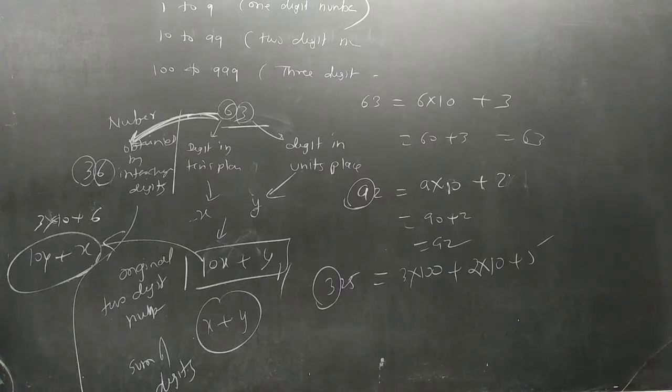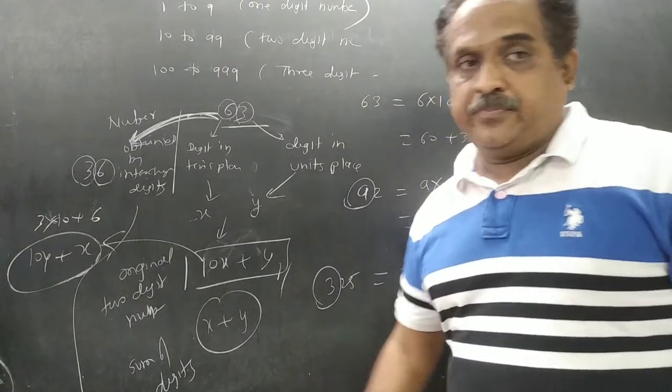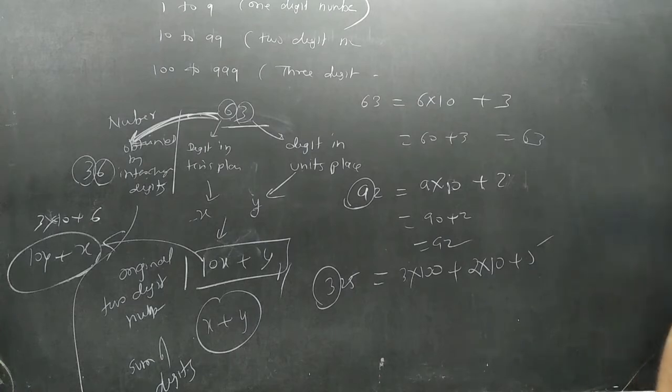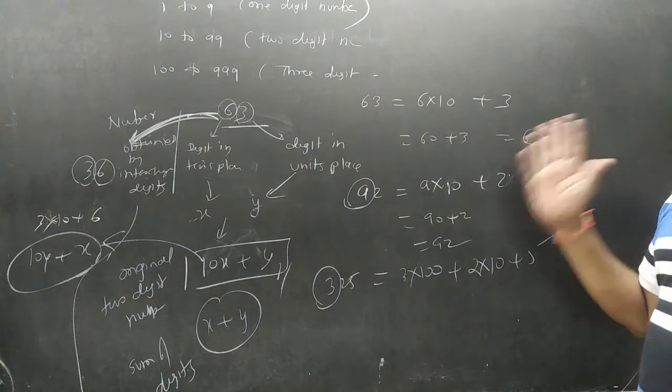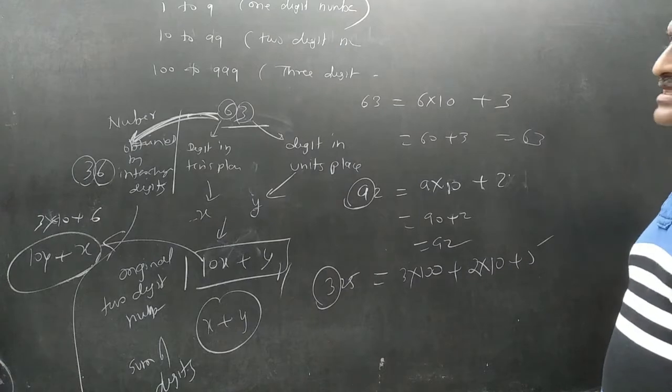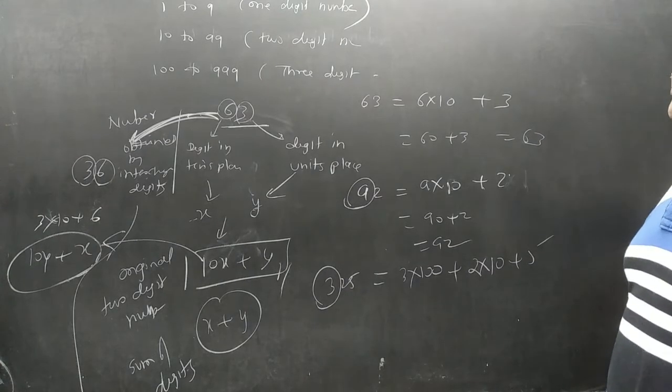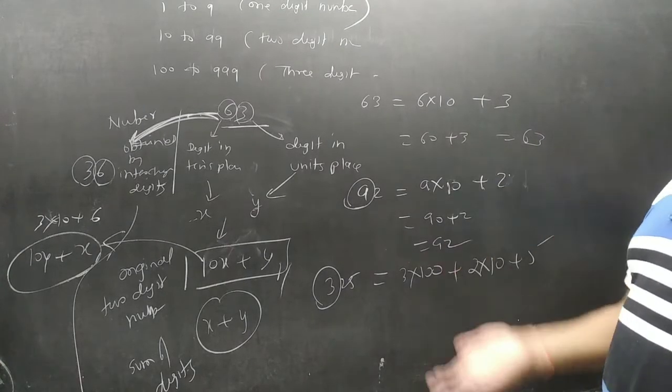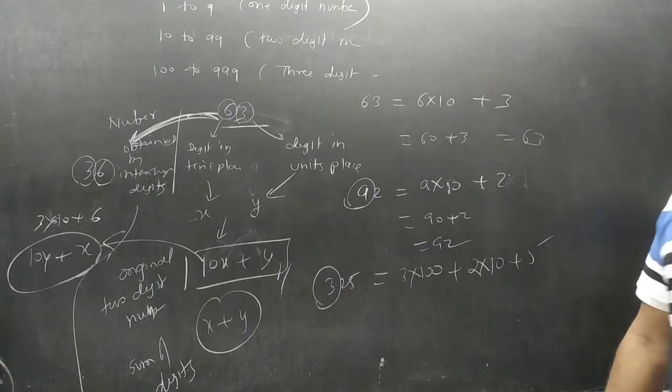Okay, then we'll go for the original question now. Student, if you want to see the concept here, you can write it in your own way. What did you understand from this? This is not a question. This is the concept of two-digit numbers. Pause the video, and if you want, you can copy down the concept of it.